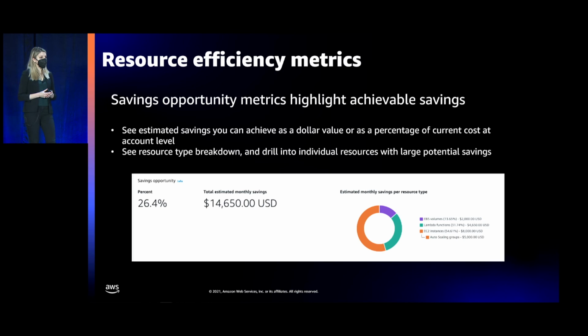And this supports two main use cases. Number one, a central infrastructure manager can easily identify which accounts in the organization have the highest potential savings opportunities so they can prioritize their engagements. Number two, an engineering owner can easily see which resource type has the largest savings to help prioritize the recommendation evaluation. Savings opportunity data considers both the cost of your existing resources as well as your usage, and this data comes from Cost Explorer, so enablement of Cost Explorer is required to see this data in the Compute Optimizer dashboard.